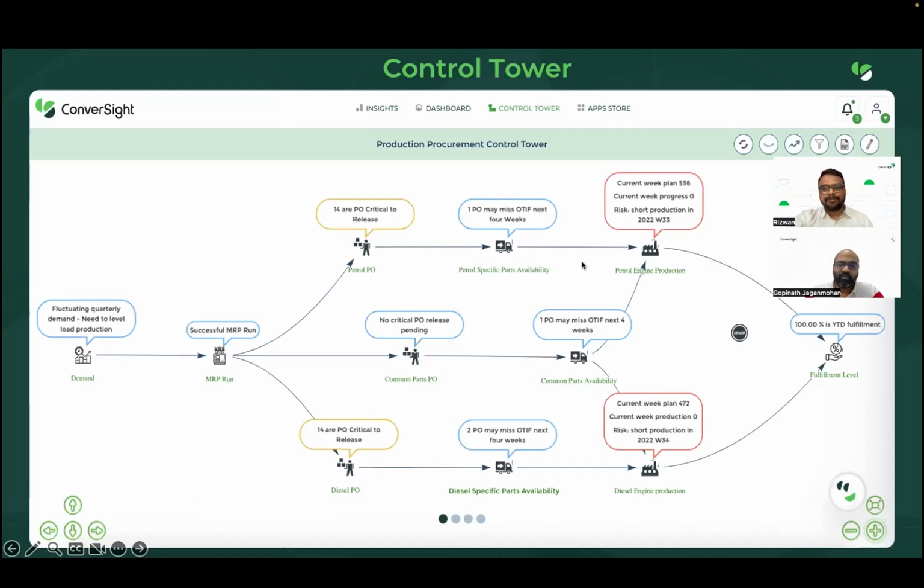So one other point I wanted to make on the overall is ConverSight is, on one front, basically the BI solution for business users, right? Business users or the normal business analyst users. On the other side, it is a data engineer and data scientist workbench where they can connect, explore data and do their analytics.